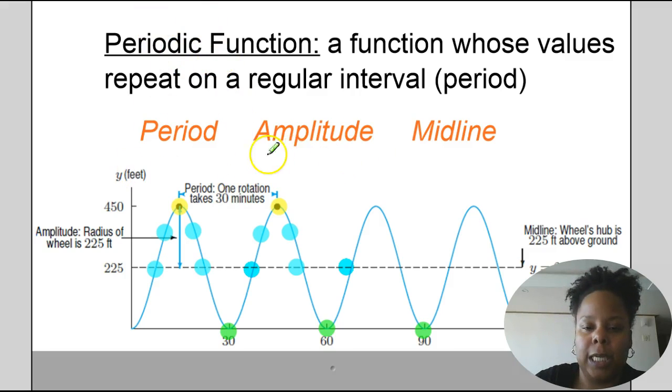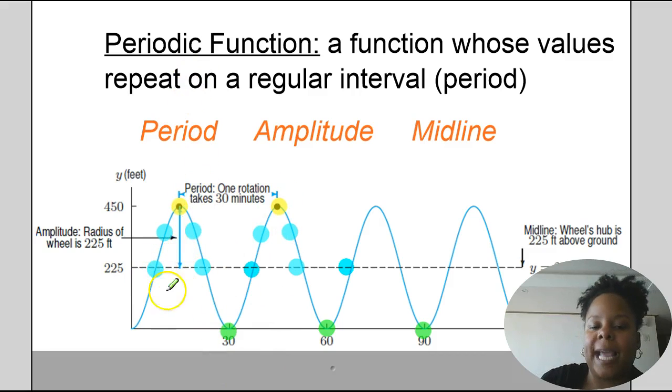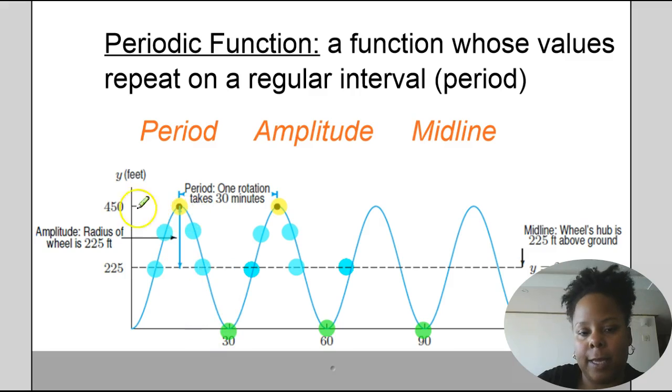The amplitude is how high the graph is, and sometimes it's misleading because people say, oh, this is 450 feet because this is how tall the graph is. But actually, when we talk about amplitude, since we're repeating things and things go up and down, really the amplitude is half the distance between the lowest point and the highest point. Okay, and that's called the amplitude. So in this case, the amplitude is 225 feet